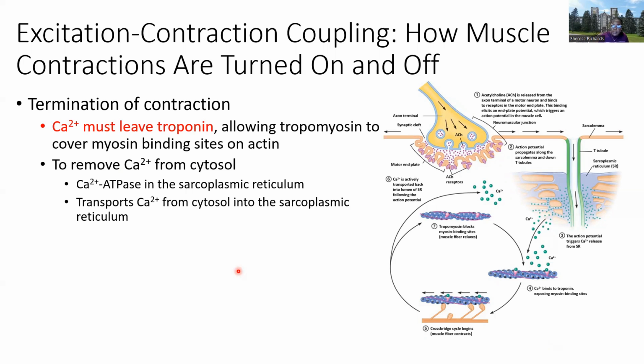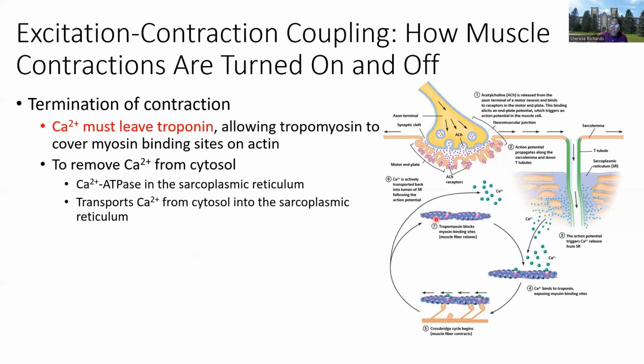So in order to relax the muscle, we have to actively remove that calcium. This is where the calcium ATPase pumps come into play. They are present on the sarcoplasmic reticulum, and they actively pump the calcium back into the sarcoplasmic reticulum, which is preventing any further binding onto troponin,